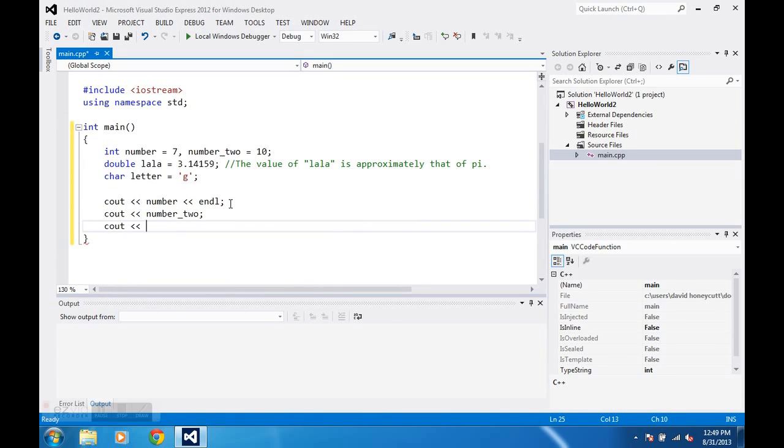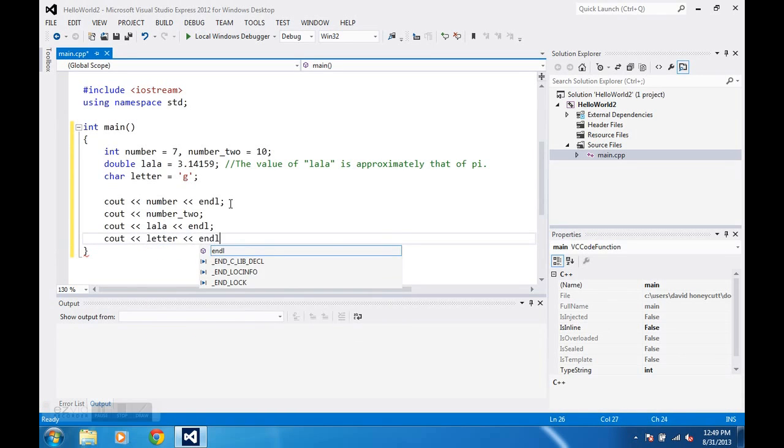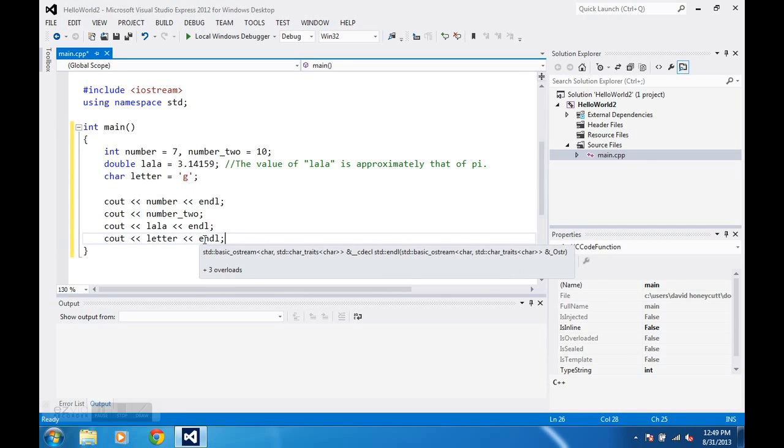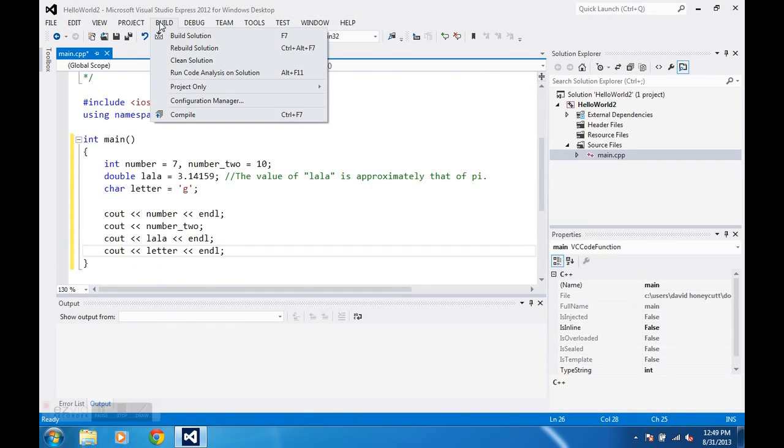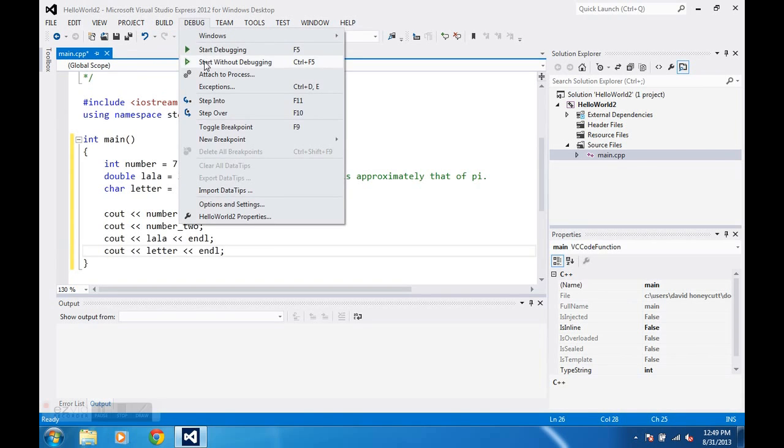I intentionally left out end line, because I want to show you what it looks like when you leave out end line. So now end line, and then finally our char, which is just letter. It's always a good programmer habit to end your couts with end line, and you'll see why when we compile or build